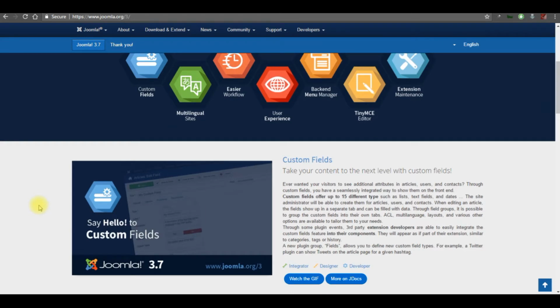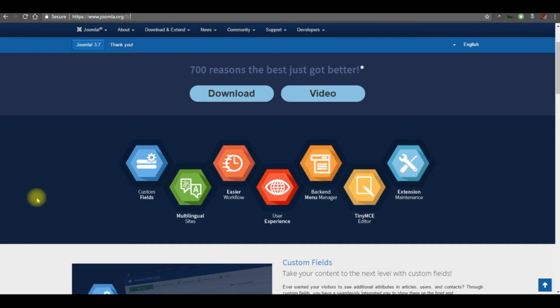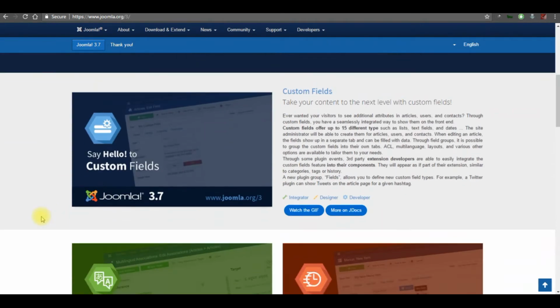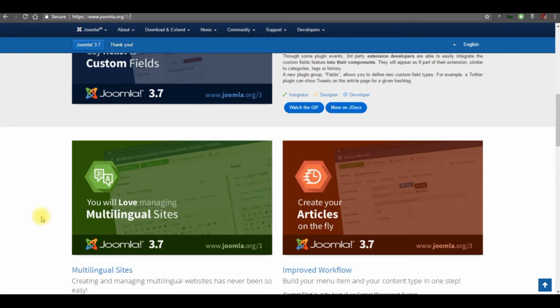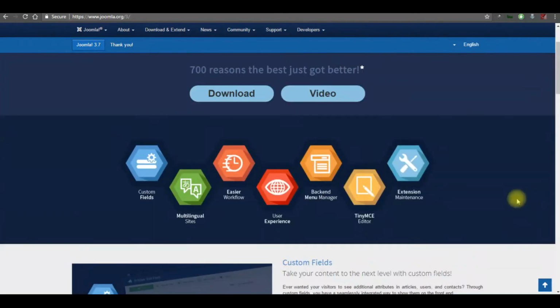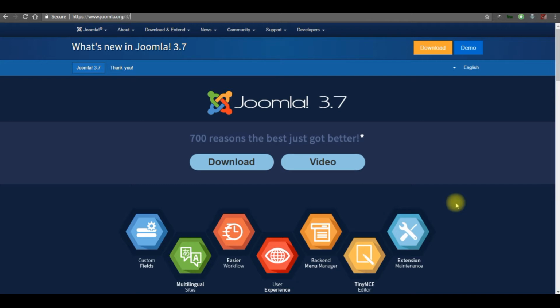Basically, the new features that have been introduced in this version include the custom field. We also have an improved version of the multilingual site. All these things were available in the previous version, but this is a much better, more improved version compared to the previous one. Okay, but before that, let's go to our